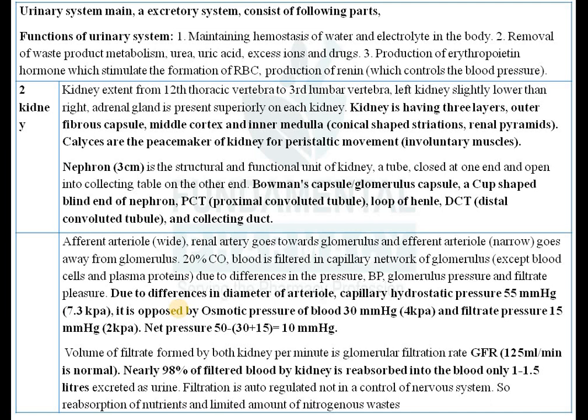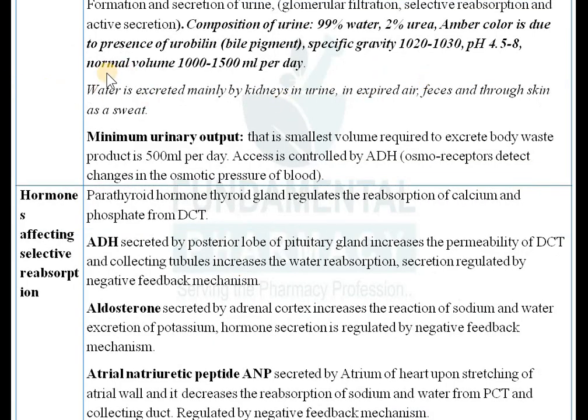That is ultrafiltration, then selective reabsorption, and active secretion. Now this filtration mechanism is auto-regulated, and it is under control of the nervous system. So reabsorption of nutrients and limited absorption of some other waste material. Formation or secretion of urine is the function of the kidney, and I have told you about the glomerular filtration, selective